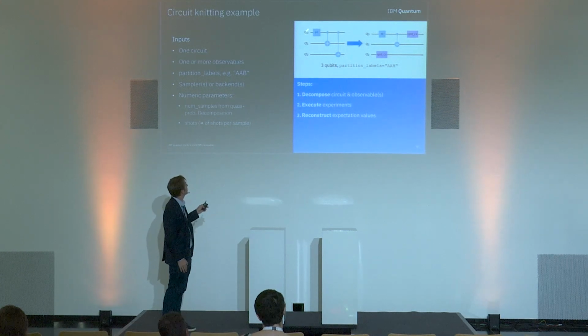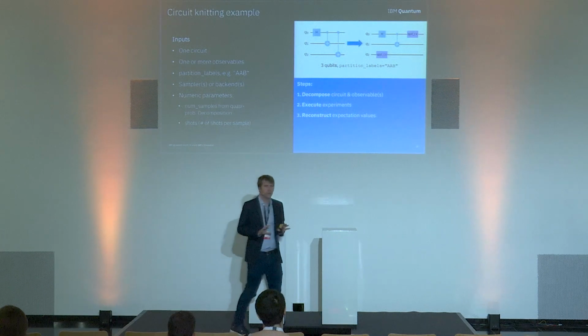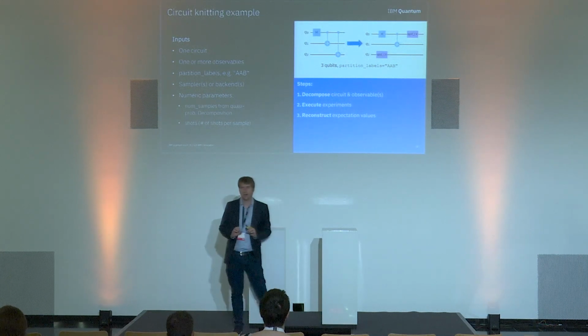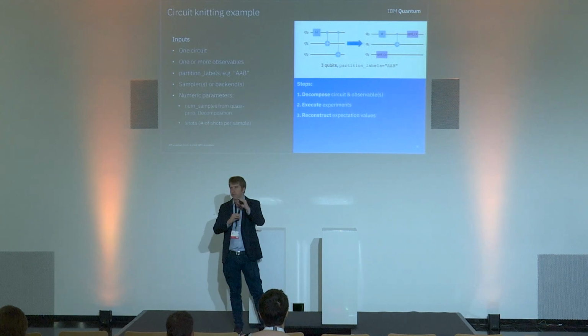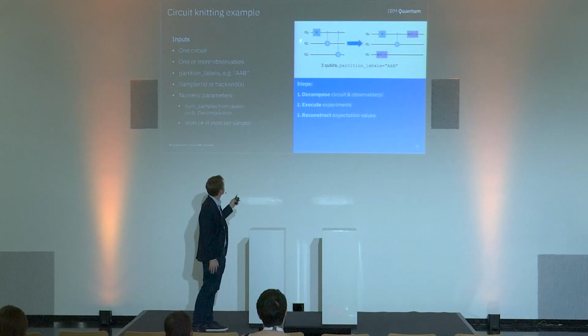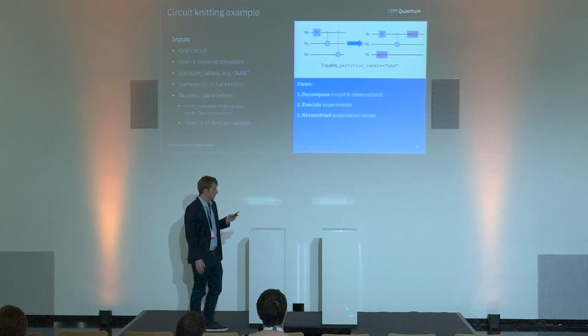A very simple circuit here. We have 3 qubits, Hadamard gate and 2 CNOT gates, and this is the input. And then another of the inputs would be the partition that we would like. In this particular case, I would like to have this circuit split in two, where I would be executing this circuit in a disjoint fashion from what is on qubit 2. And this is the partition that you can see here, right? So this would be qubit 0, qubit 1, and qubit 2, and they correspond to different partitions.